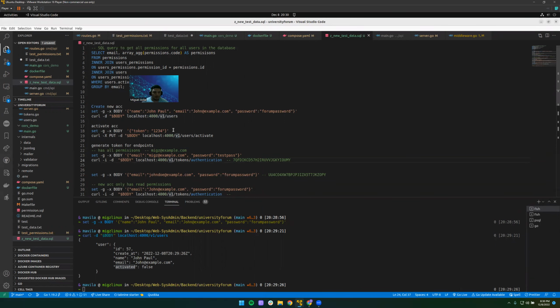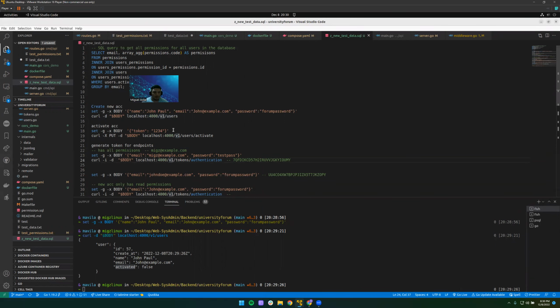If we check the register, we can see that we're only giving this specific user the read permission. And if we cross check in our database,